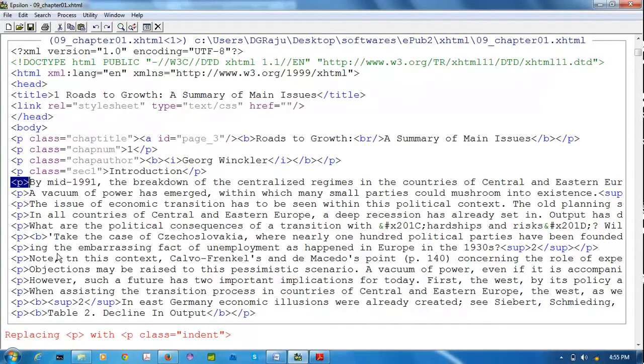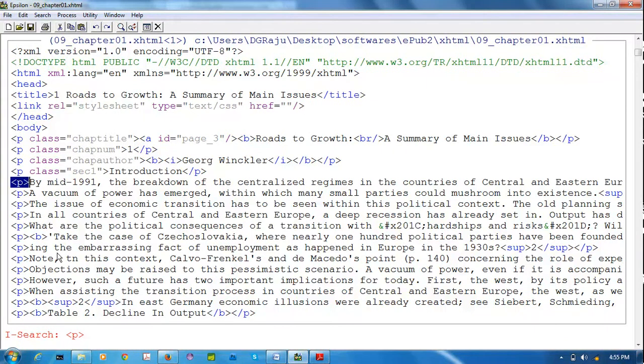Otherwise, I'm cancelling the replacing. If you want to use the macro for given classes also, you can use it like this. Press Ctrl X Shift 9. It is remembering. So search paragraph.